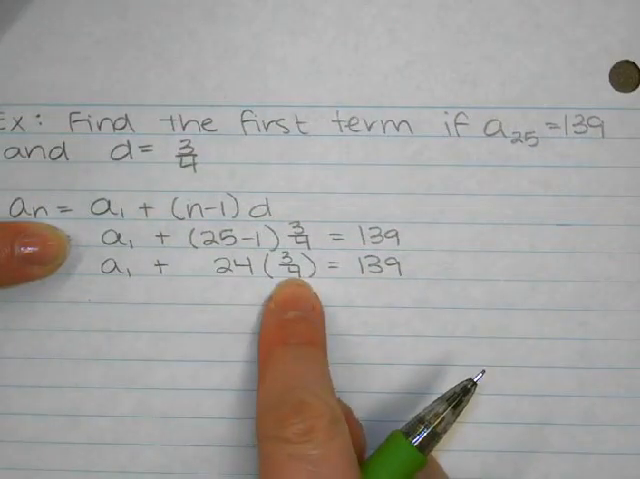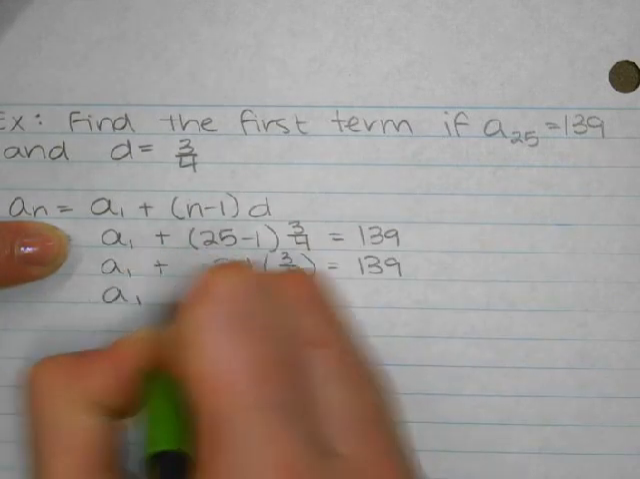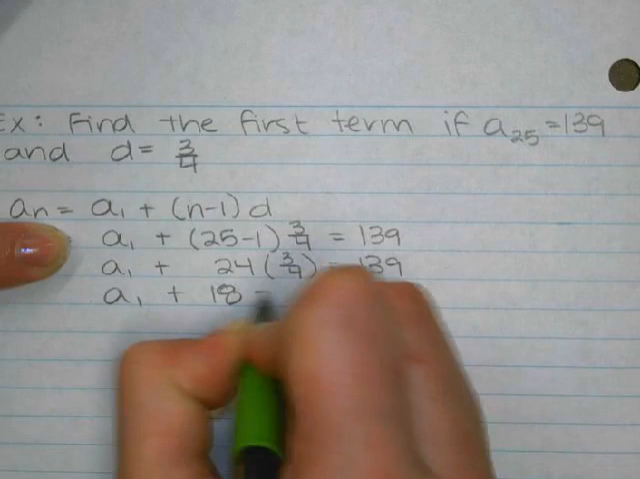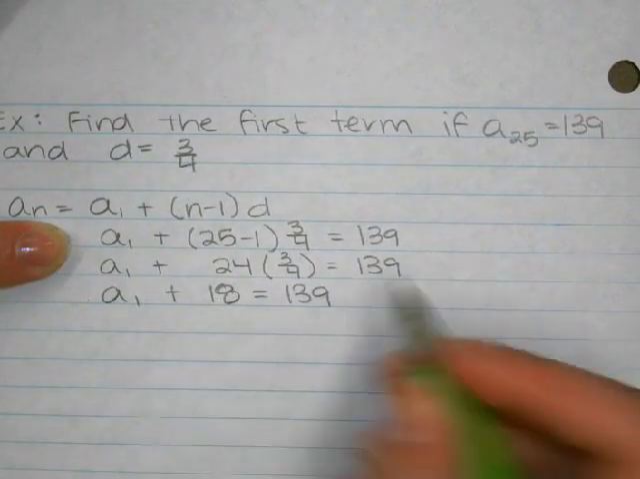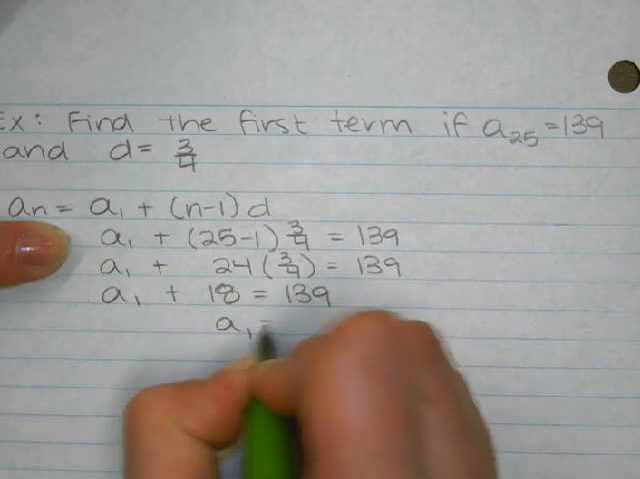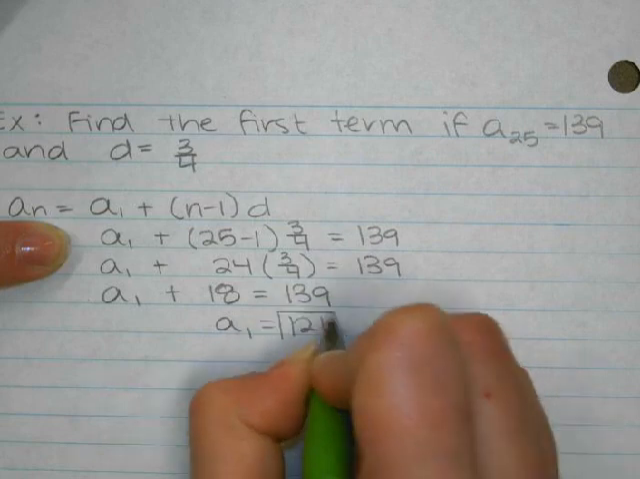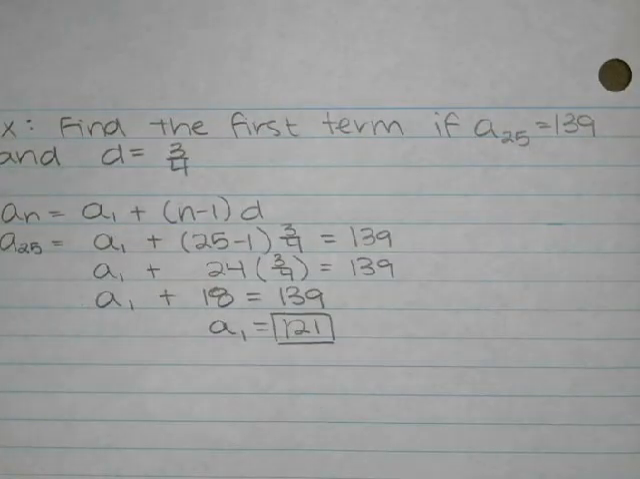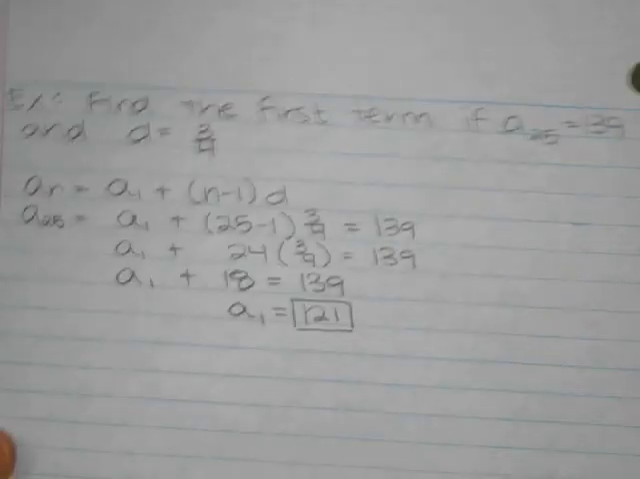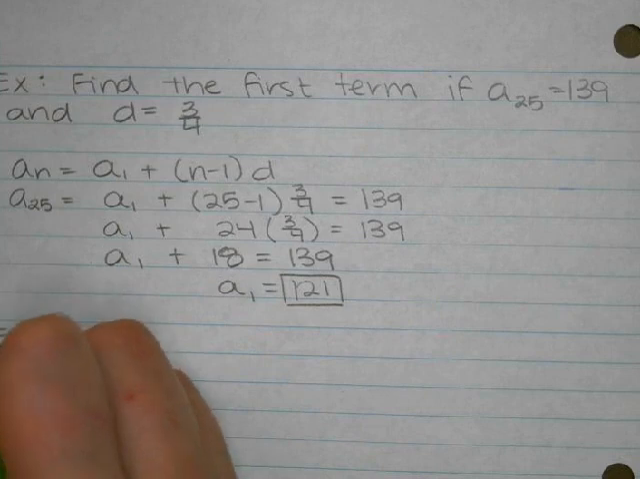24 divided by 4 is 6. So I can really think of that as 6 right there. 6 times 3 is 18. So the first term plus 18 equals 139. Then I can go ahead and subtract the 18 over, and I get that the first term is 121. Okay. For the next example,